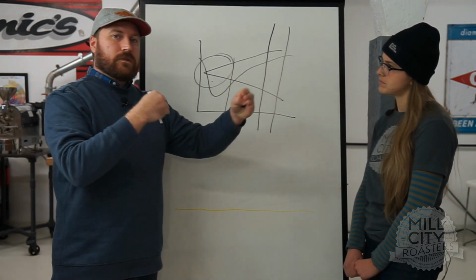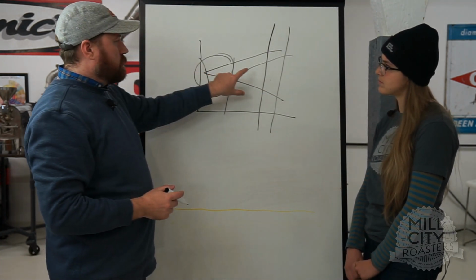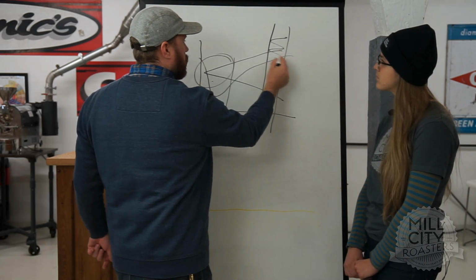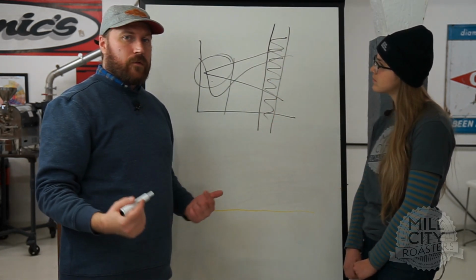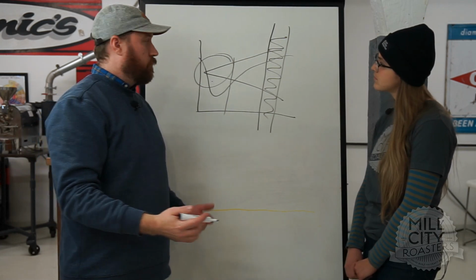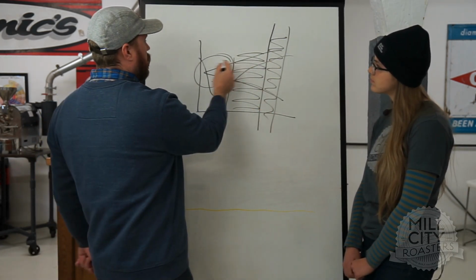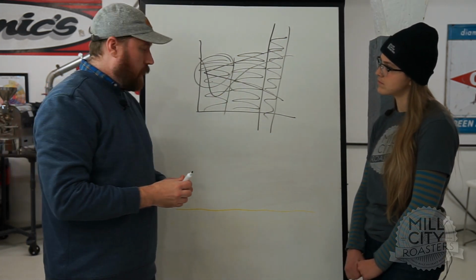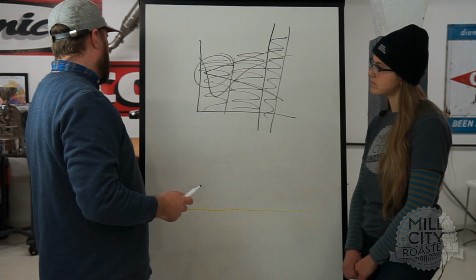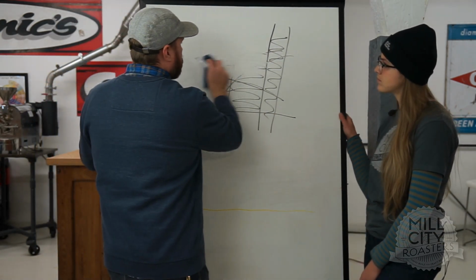So these are stages that do affect each other, but in these stages, this section is the most important section for making your coffee a certain flavor. This section is secondary to that, and then your first section is the least important. Okay, so keep that in mind as you're moving from one machine to the other. So, in other words,